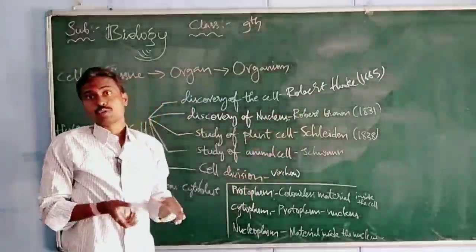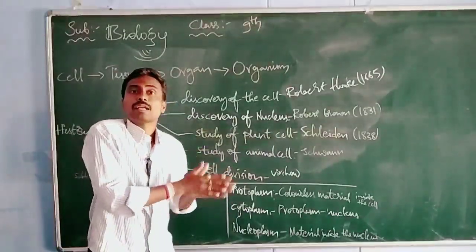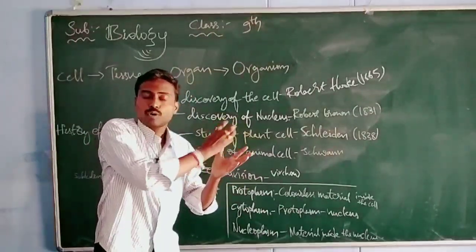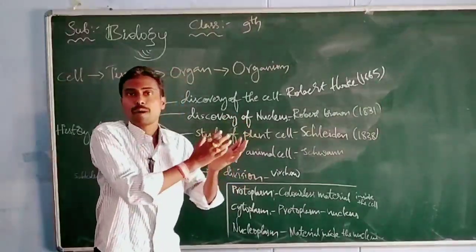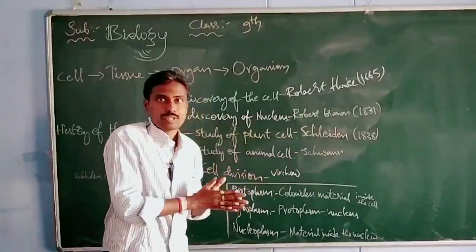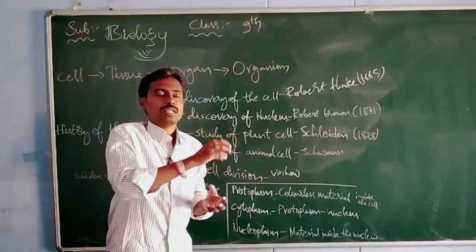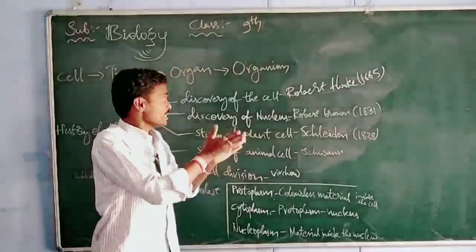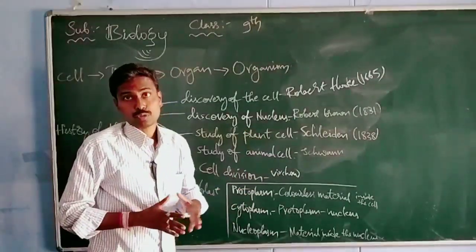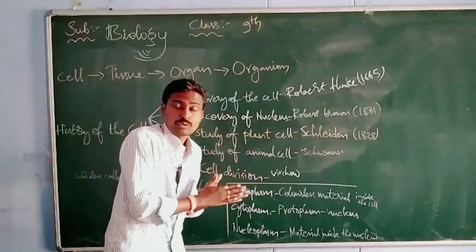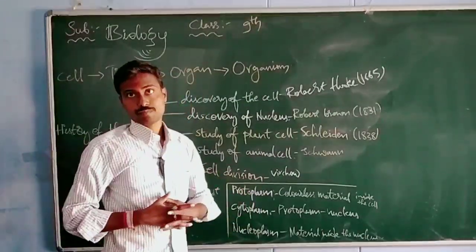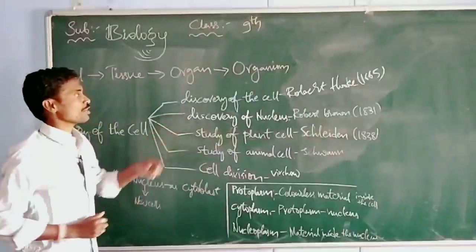And Anthony Van Leeuwenhoek, what kind of contribution was made by him? He observed living cells. For example, he brought some water from a pond and observed that water under a microscope made by him. In that he observed some animalcules, which he called little animalcules. That is the major difference between the contributions of Robert Hooke and Anthony Van Leeuwenhoek. By that we come to know Robert Hooke observed dead cells and Anthony Van Leeuwenhoek observed living cells. Isn't it?